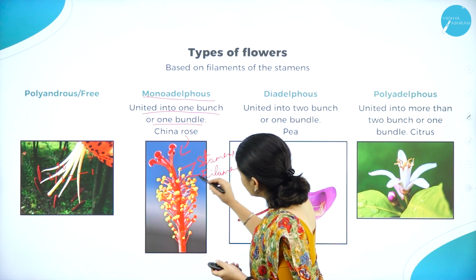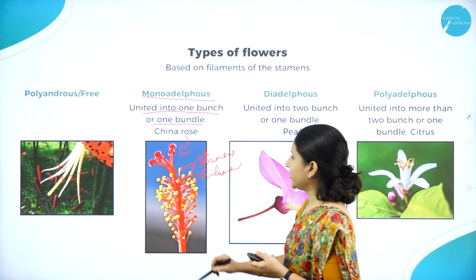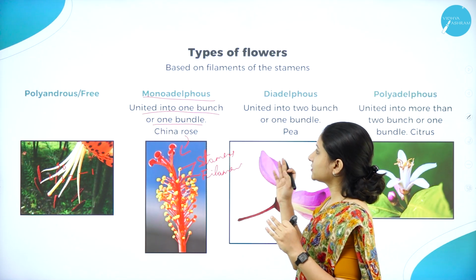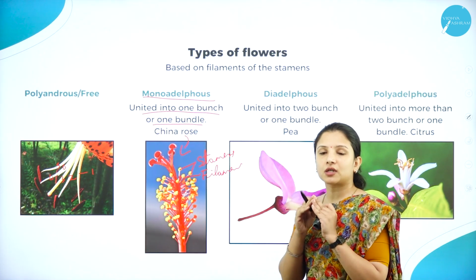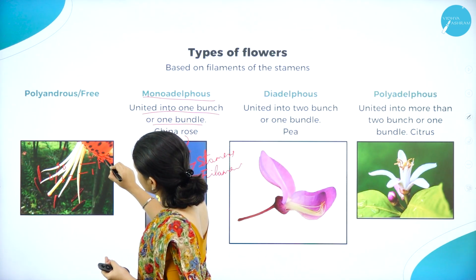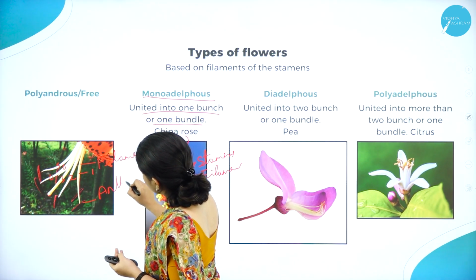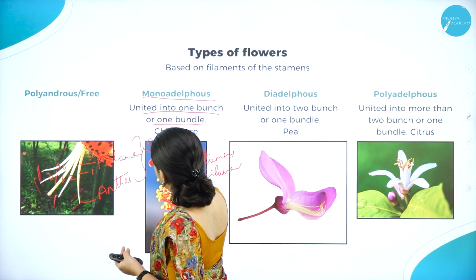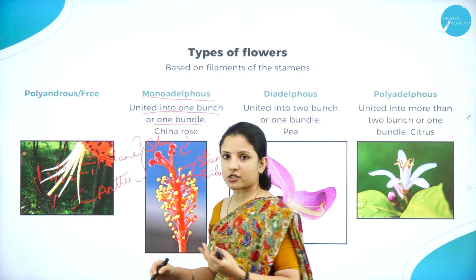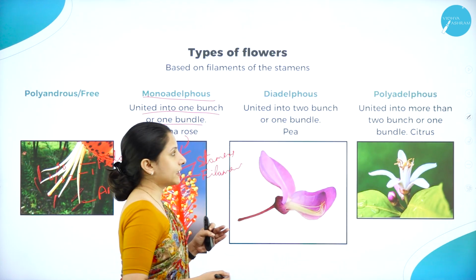These filaments all meet at one particular plane. They're all connected in one particular plane. Therefore, they form a bundle or a group. They are united. Such stamens in which the filaments are fused are called monadelphous. Say for example here, this is the filament and this is the anther. Together they constitute the stamen. Such flowers in which the filaments are free, not attached to each other, are called polyandrous flowers.